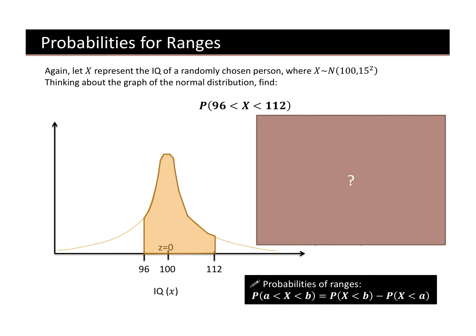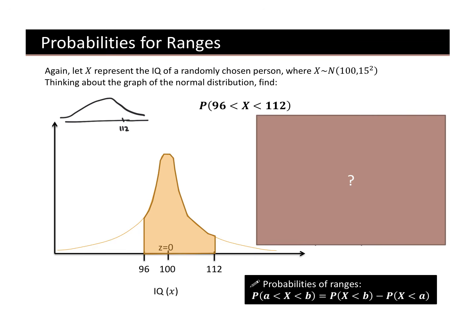Okay, so the other only thing now is that sometimes it wants in between a range. Okay, so it wants the probability of 96 being less than X being less than 112. Okay? So, step 1, we need to find the Z values for both. Now this is really easy, because if you think about it, if we have it this way, how are we going to find that section? Now I always draw a picture. So, if this is